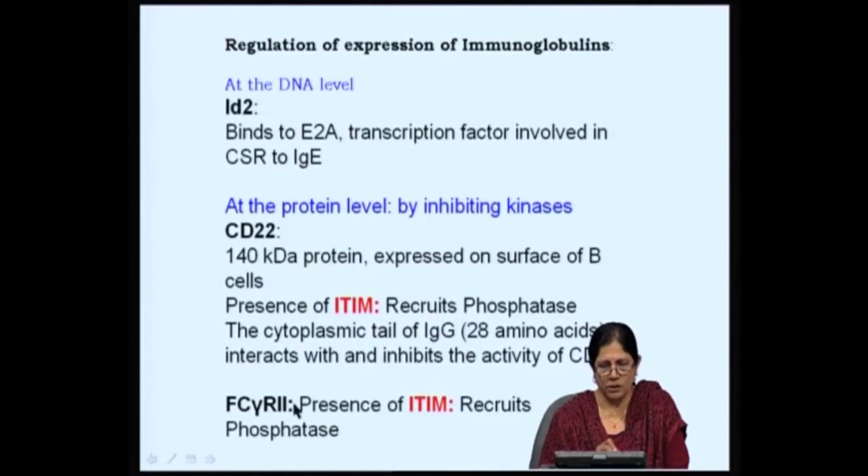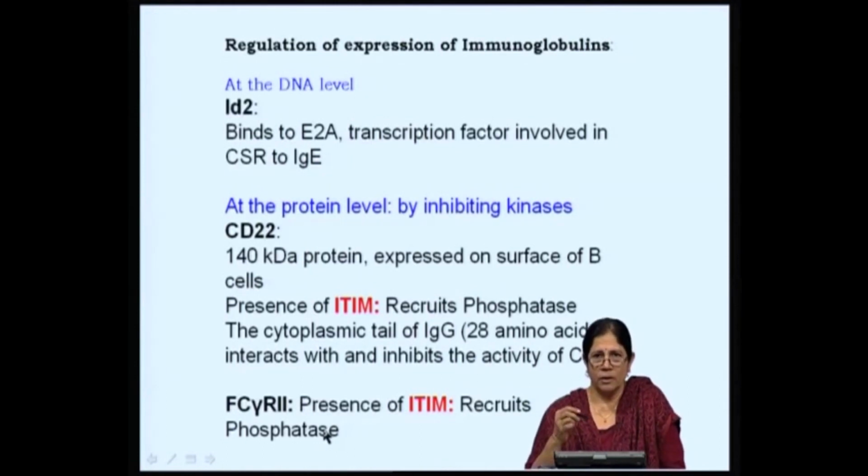This brings about a conformational alteration in the Fc gamma R2b, and it undergoes phosphorylation for recruiting phosphatase, which would now start lowering the activation index of that particular B cell,